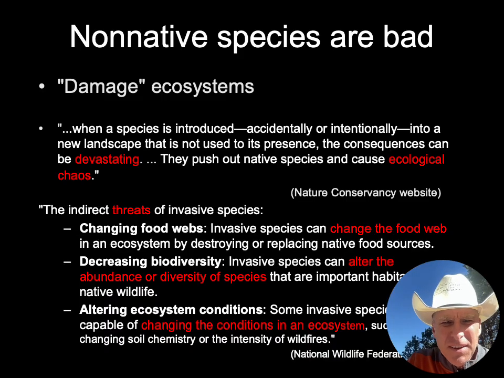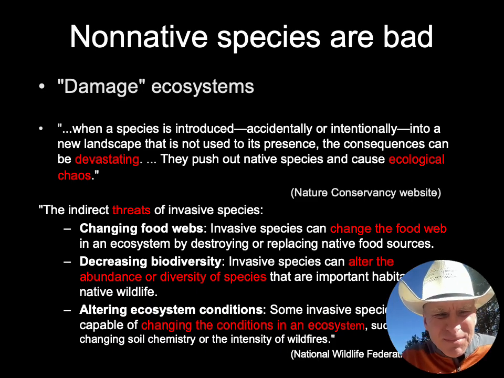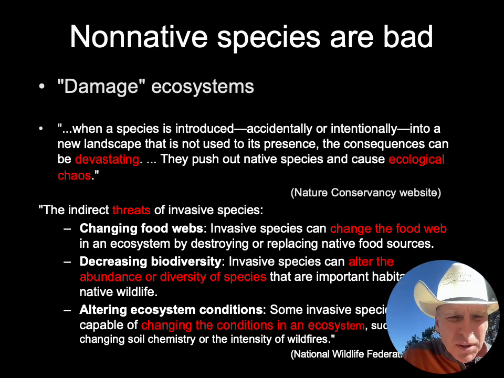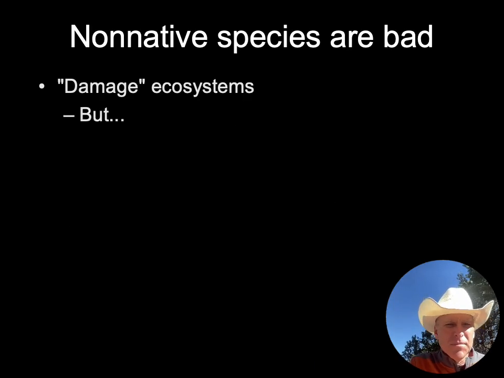The indirect effects involve changing food webs. They can destroy or replace native food sources. Invasive species can affect the abundance of species of native wildlife, and then they can alter ecosystems in different ways. Okay, so let's